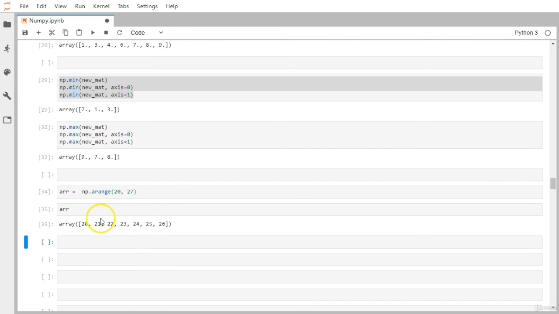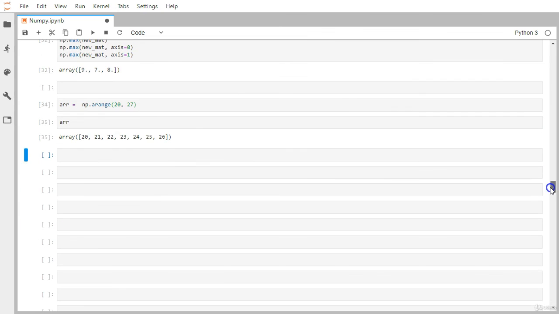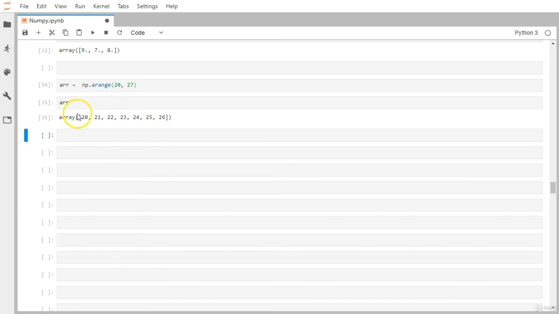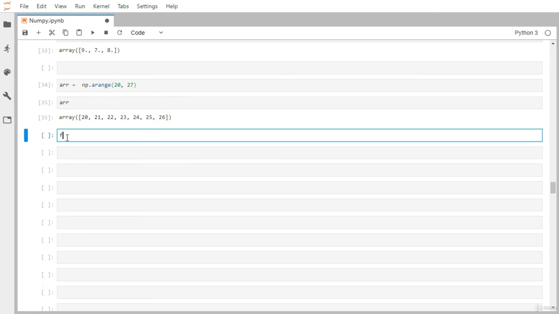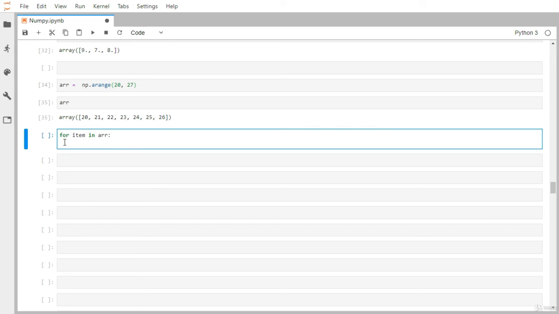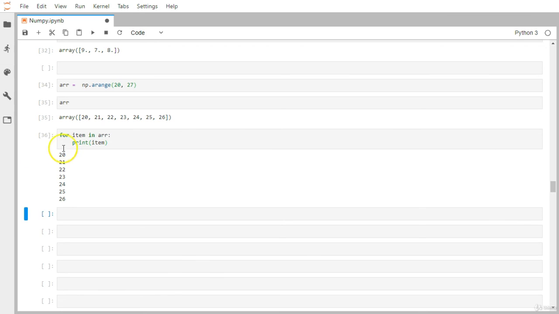Now let's say you want to iterate over every single value in this array. We can simply use a for loop. Let's keep the temporary variable item, iterate over this array, and print this item. You can see every single value got iterated.